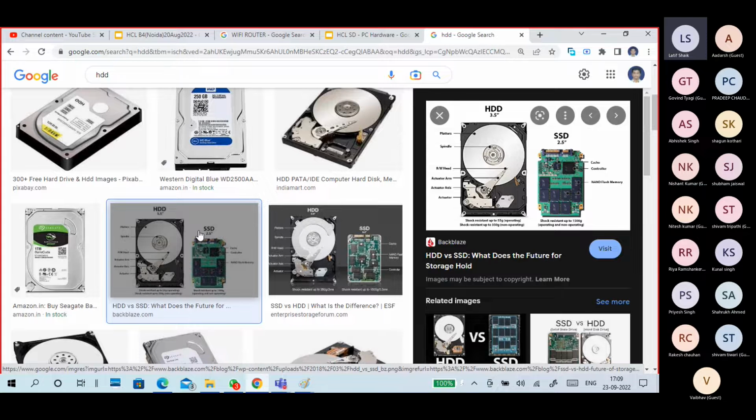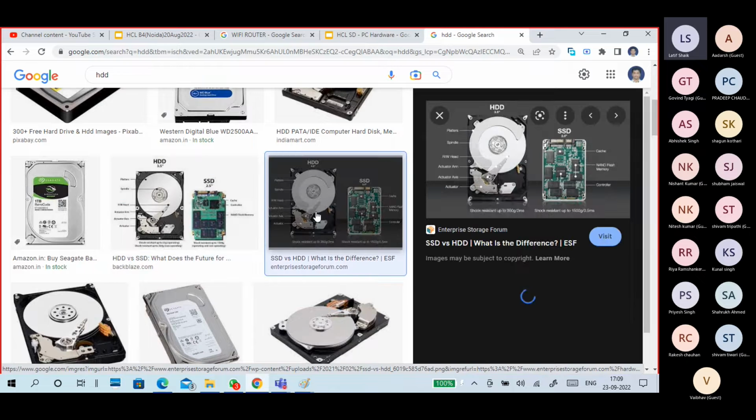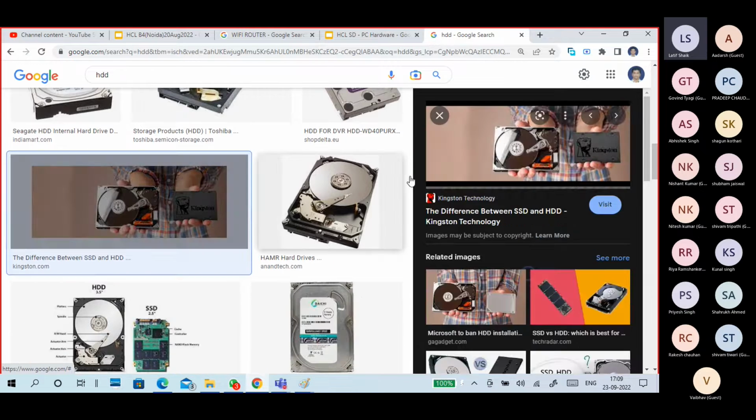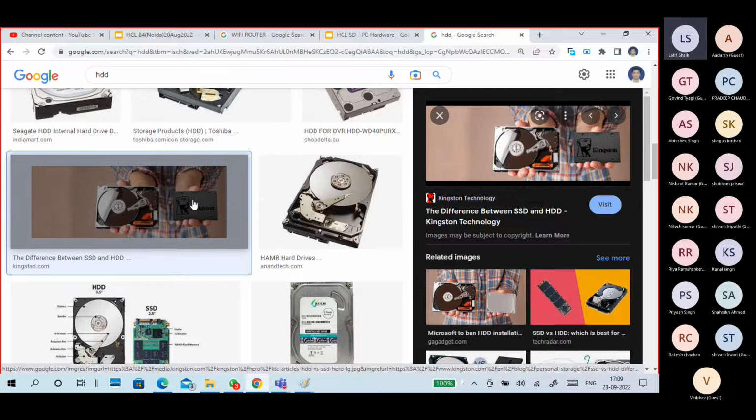Then what is the advantage of SSD? See, the size is also very small. Compared to the size and weight, and data transmission, SSD is better. Next, in SSD, two types of variants are there. One is SATA type, another one is